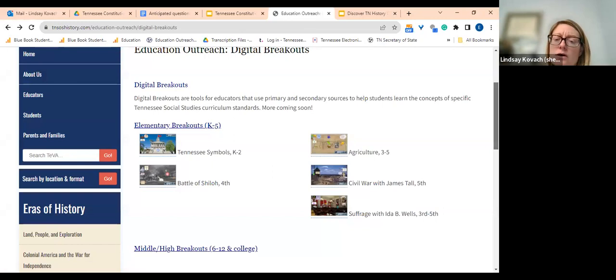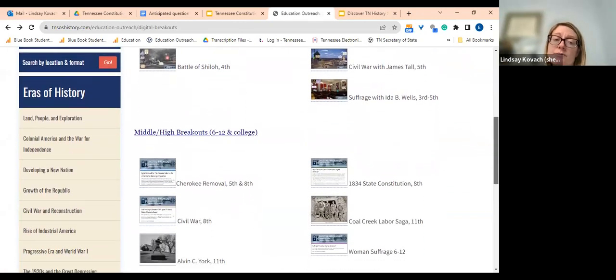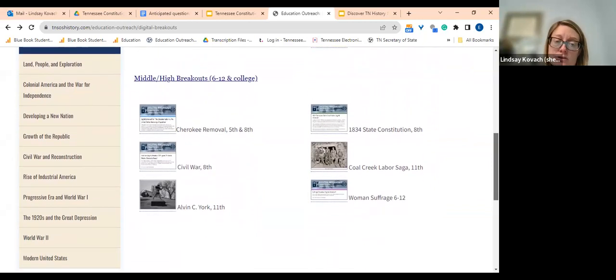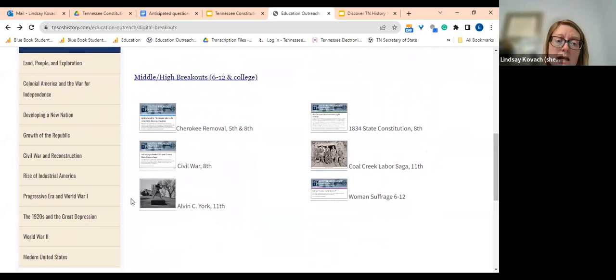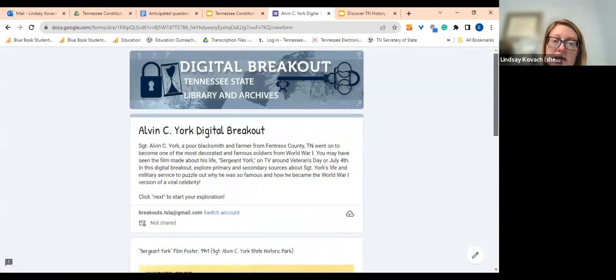And I do know some 5th grade teachers have said they would go with some of these more middle school and high school breakouts just because they feel like their students are ready for that. But if you go to our middle and high school breakouts, you can see that we have 6 available right now. And I know we will be adding our Constitution breakouts here soon, the ones that you have just seen. And this one is on Alvin C. York,